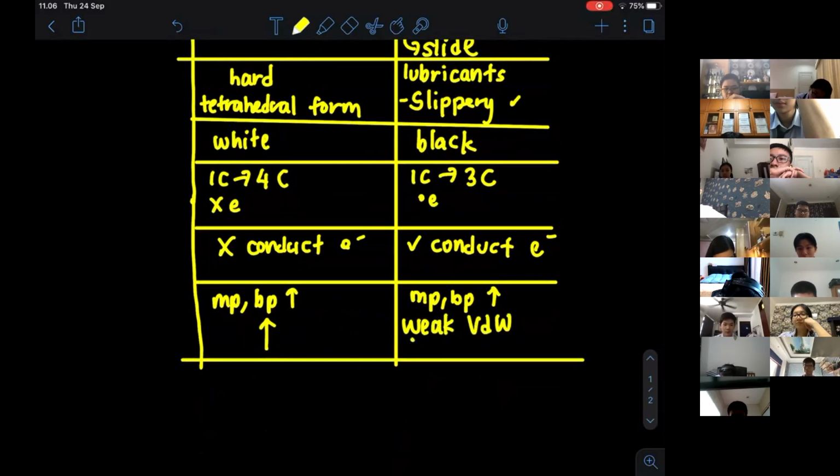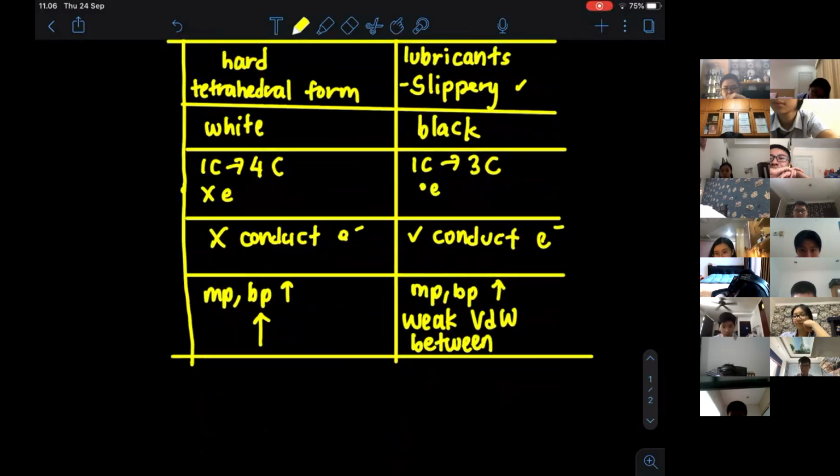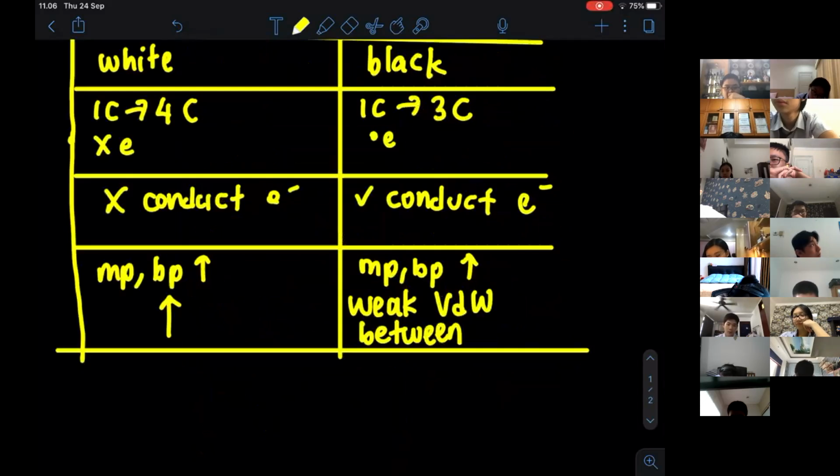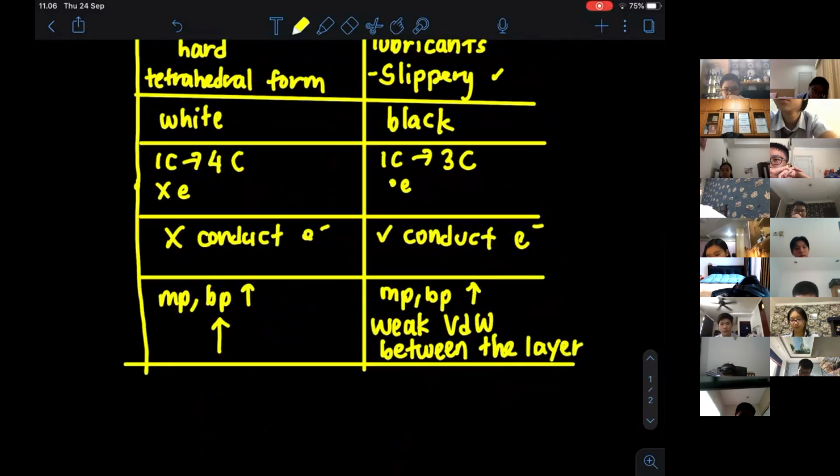More carbon bonds. More bonds. Weak van der Waals forces between what? Please revise on this, okay? Because of the weak van der Waals forces between the layers, because if you have one